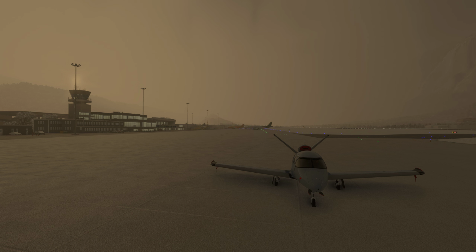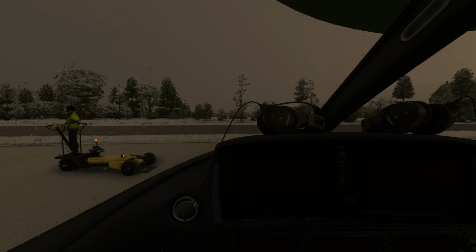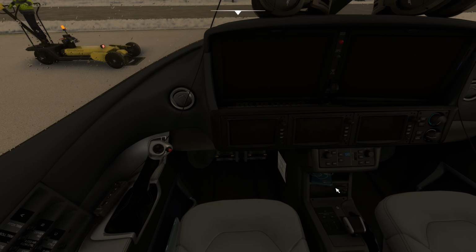It would be too fast to fly with the Longitude, so I decided to use the Vision Jet. I haven't flown the Vision Jet for a while now, so it might get awkward sometimes to find where is what, but please bear with me. And with that, let's hop into the airplane and